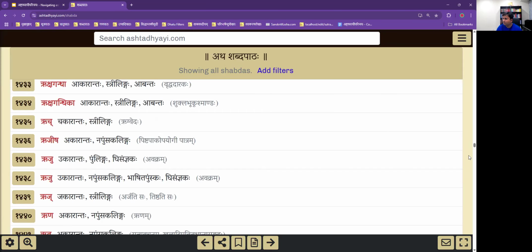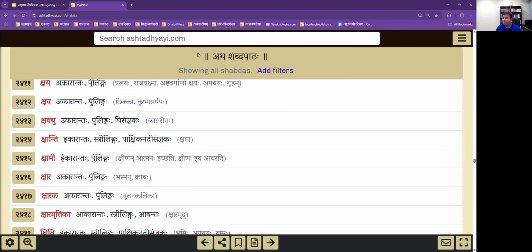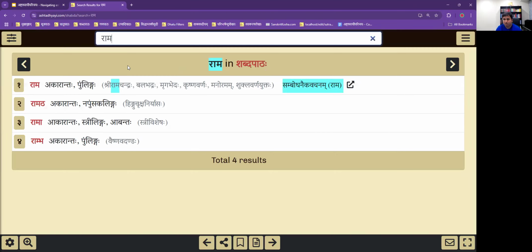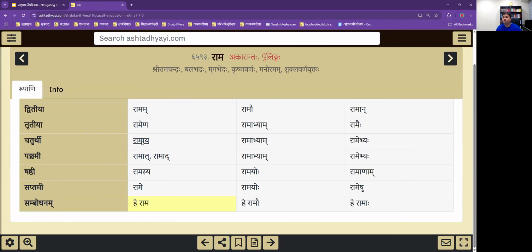God knows how many words are there. There are some 9,000 words over here, but you can search for a particular word. Say, for example, Rama. We are going to study the Prakriya of Rama in some of the upcoming classes. So here is the entire Prakriya for Rama. You can click on any individual verb for,